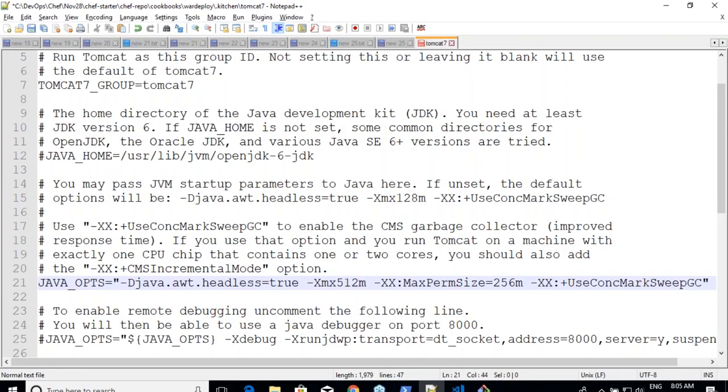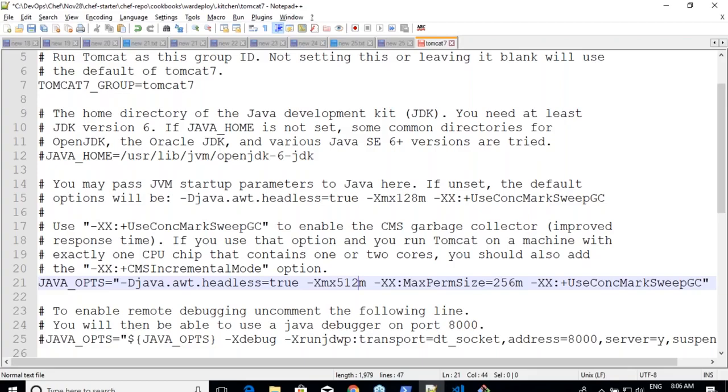So if that is a static configuration, then we copy the file statically. No, if that is not the case, today it is 512, tomorrow it might become 1024 or 2048 over there. These values are supposed to change. Then we have to look at a different solution. As of now, my assumption is this is a static file, right? We don't have any dynamic values to be passed as of now.